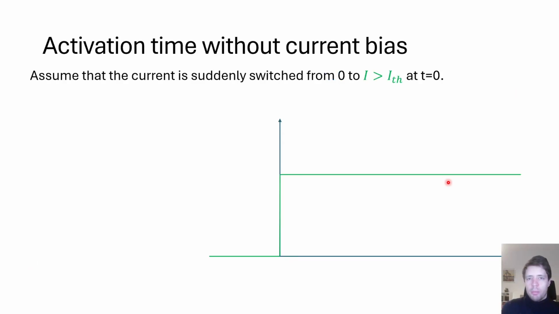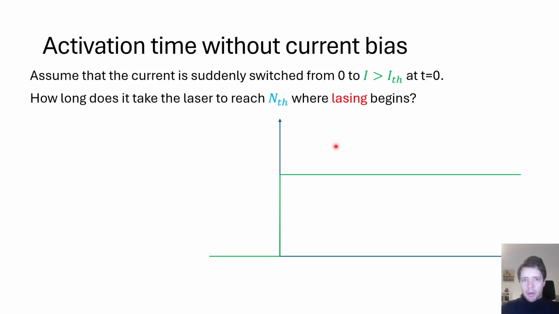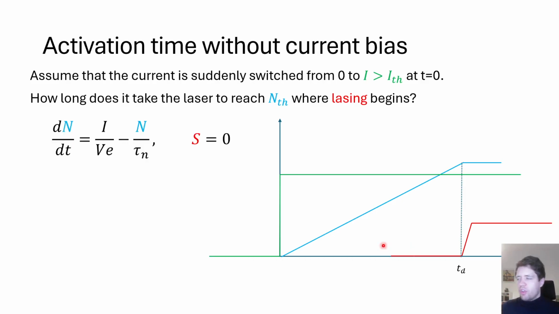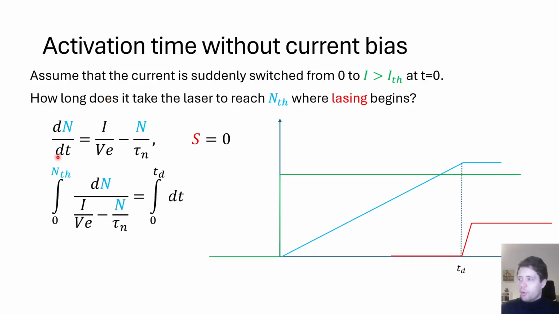Alright, so that's all well and good, but it's still a very static analysis of the response of this laser diode to the supplied current. So what happens if we keep the current at 0 and then suddenly switch it on? How long is it actually going to take for us to build up enough charges in the conduction band for lasing to begin? To determine this, we can solve a time-dependent version of the previous equation fairly easily, thankfully, by